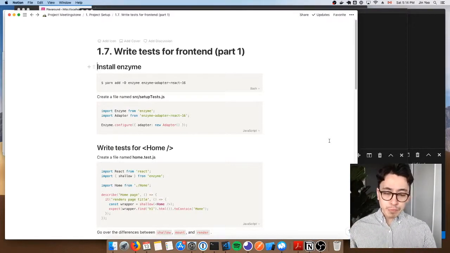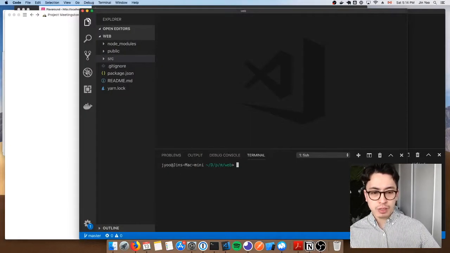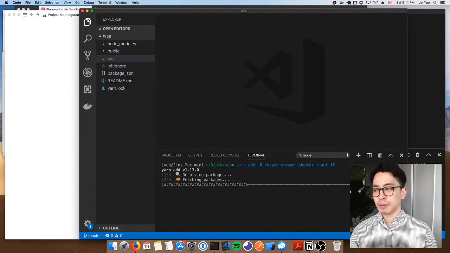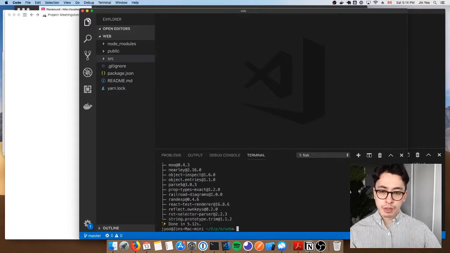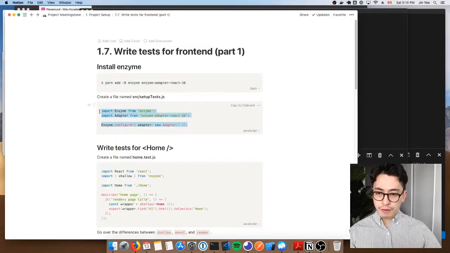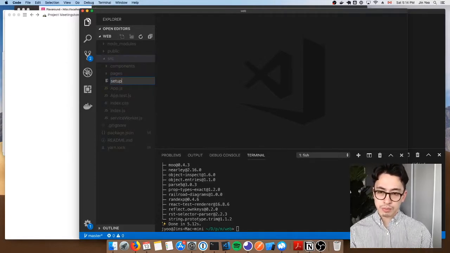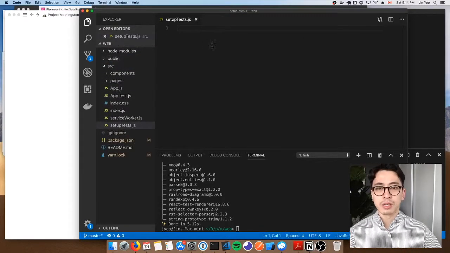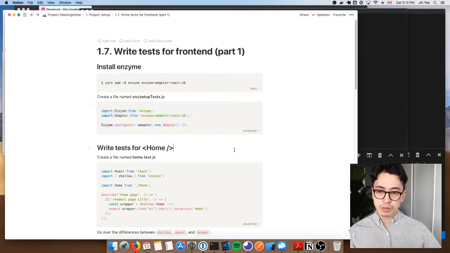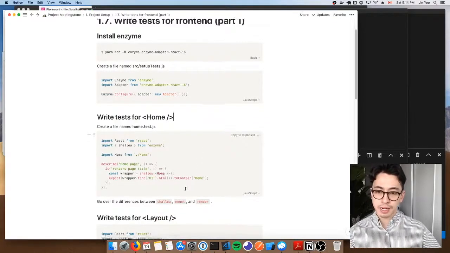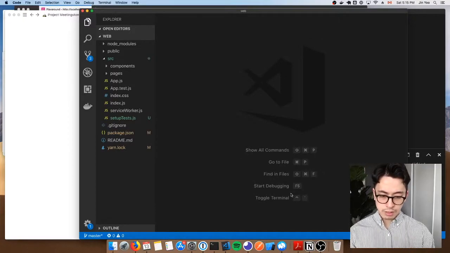We'll be using enzyme and jest for our tests. Now, you don't need to add jest because Create React App comes pre-packaged with it. You do need to add enzyme though. And you also need to create a file called setupTests.js inside the source folder. Copy that. And as you can probably guess from its name, it's used to set up the test environment with enzyme. And before we actually write our own test, let's